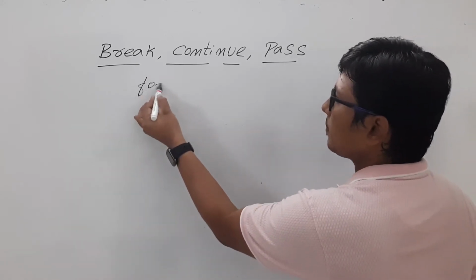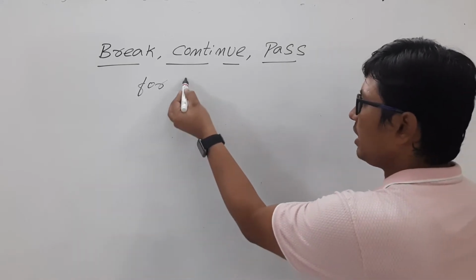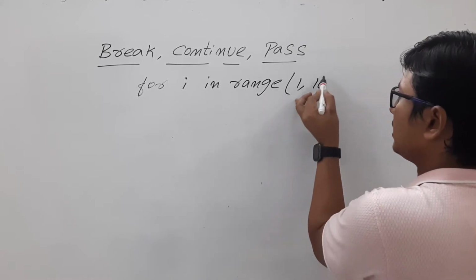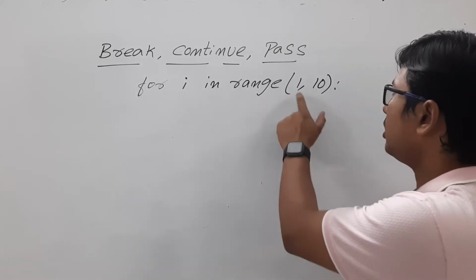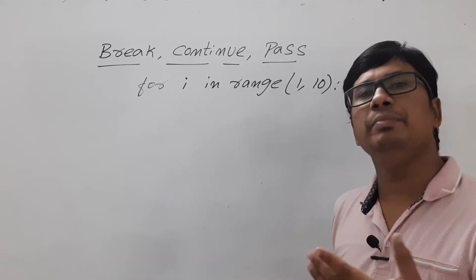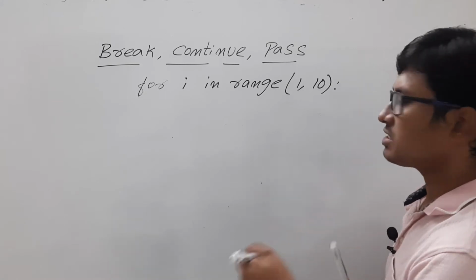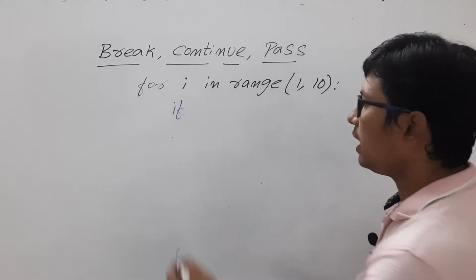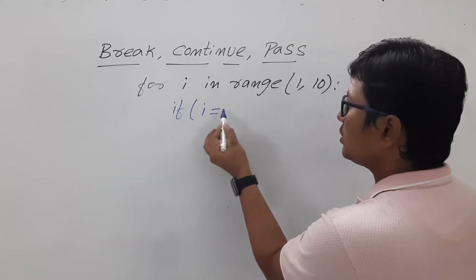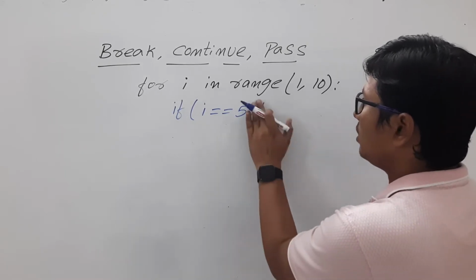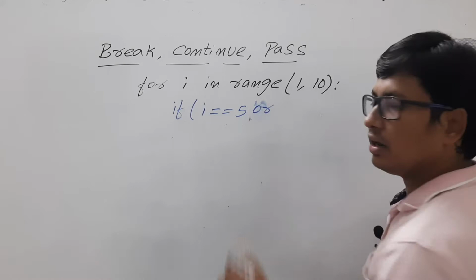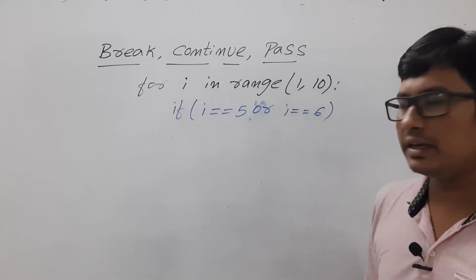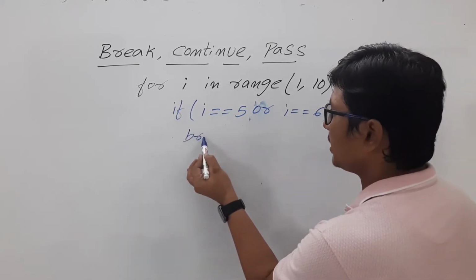Suppose I have written a for loop: for i in range(1, 10). So here I am providing the start and stop. Then step will be 1 by default. So if this condition is true, what statements do I want to execute? Let me write: if i == 5 or i == 6, anything, I want to write break,